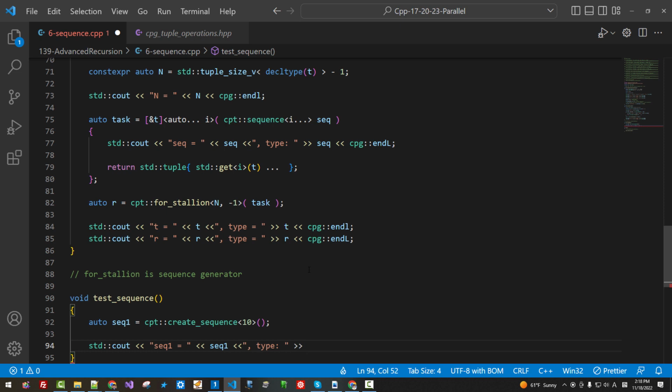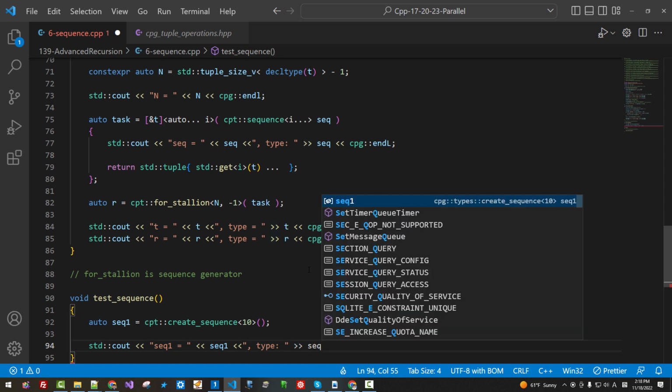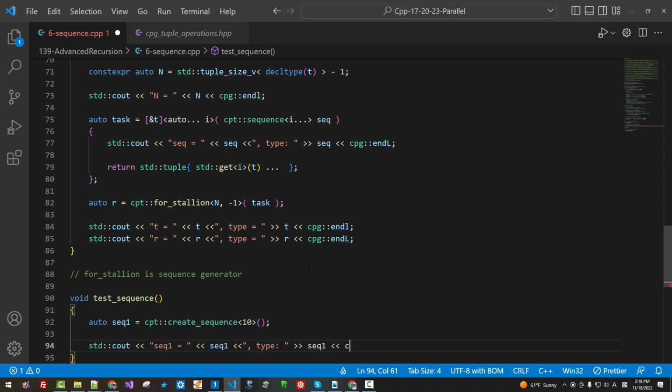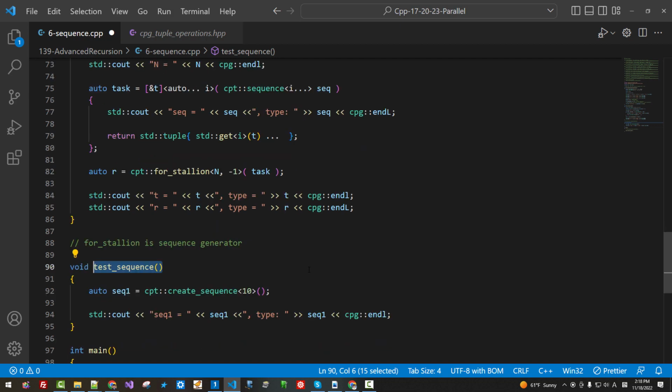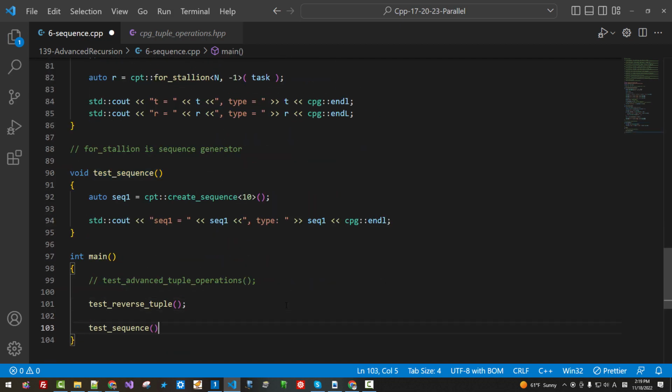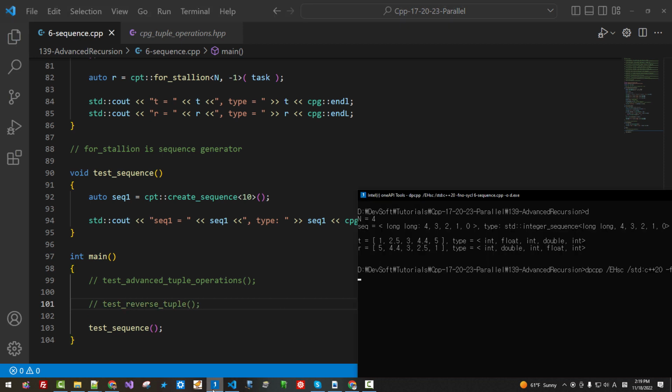I again use right pointing angle brackets, then seq1 cpg and there. Now copy this function, paste it here, disable it. We will rebuild